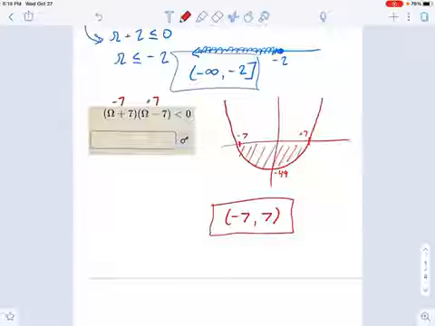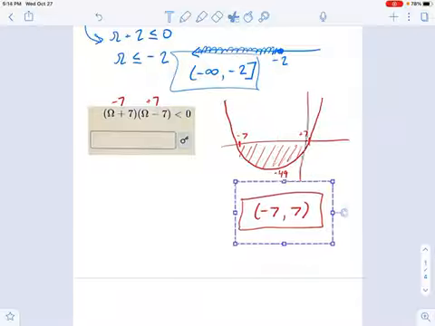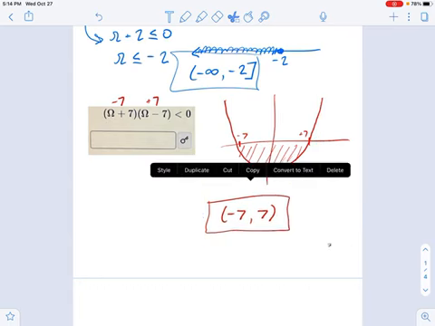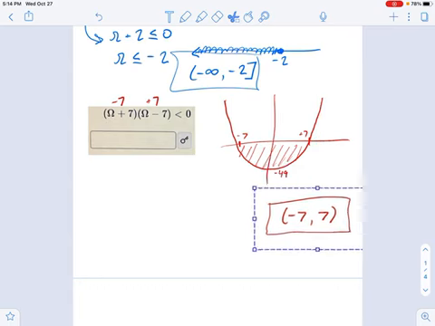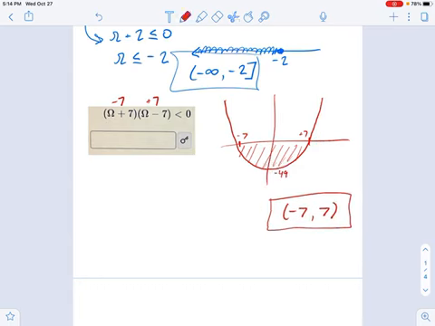If you want to graph it, go for it. But I want to go over a non-graphing technique to come up with the same answer. Let's see if I can not move my y-axis. And that is to use our number line. And on this number line, right here, I'm going to put every single x-intercept. Okay? There's negative 7, and there is positive 7.